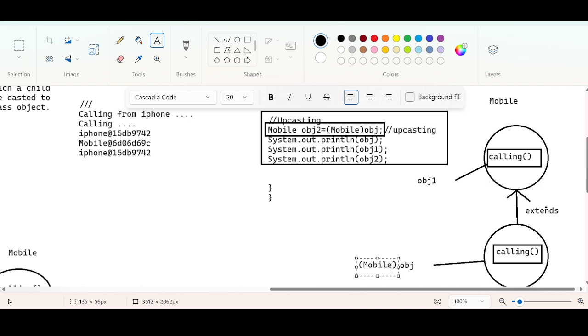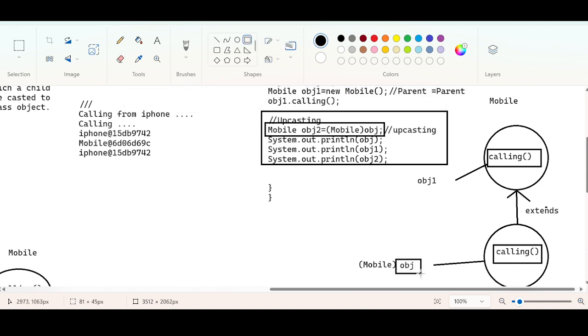So a typecast operator is used. You are saying, of course this is the reference variable of the child object, but typecast this reference variable to the parent class. For that you need to use the typecast operator, which is mobile. Mobile is the parent class. So this is the conversion. So this has been converted, right?